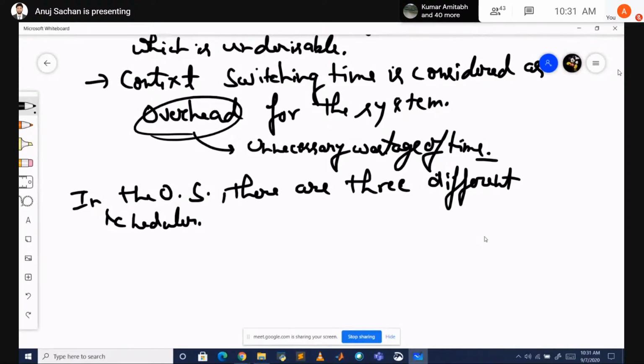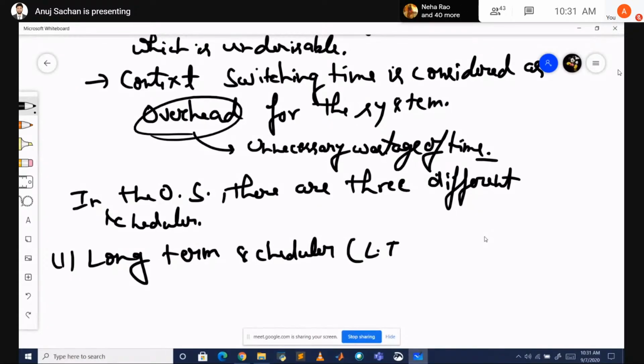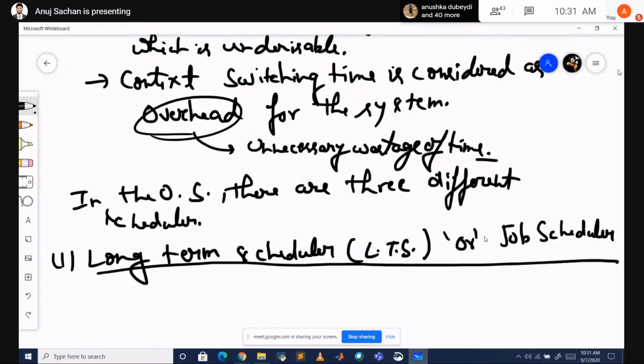शेड्यूलर भी प्रोसेस से होते हैं, ठीक है। पहला है आपका लॉन्ग टर्म शेड्यूलर, LTS, और इसको जॉब शेड्यूलर भी बोलते हैं। जब आपका न्यू प्रोसेस क्रिएट होता है तो इसको सिस्टम में लाने के लिए, मतलब रेडी स्टेट में लाने के लिए काम आता है लॉन्ग टर्म शेड्यूलर।